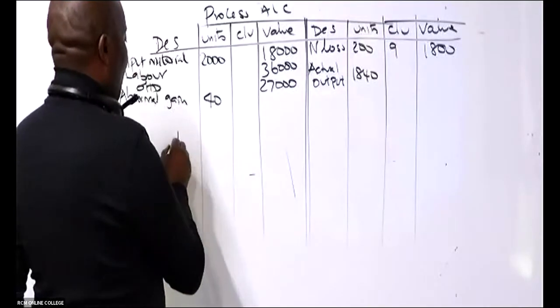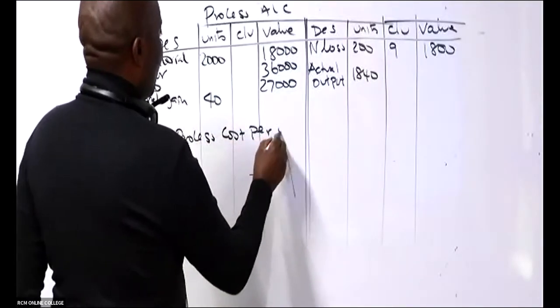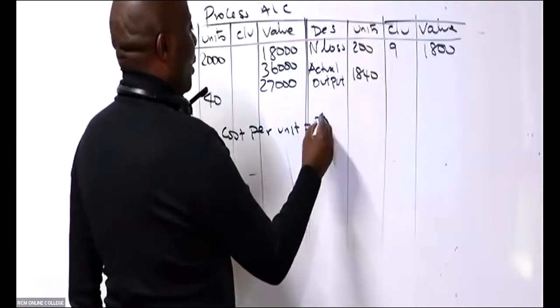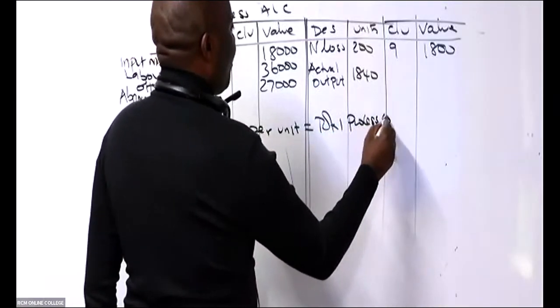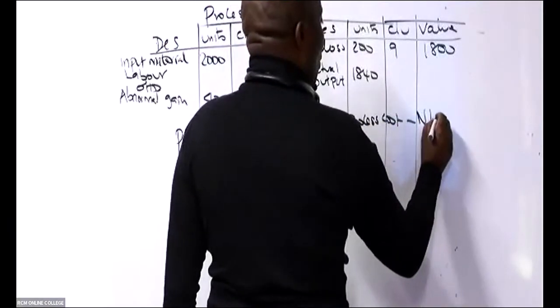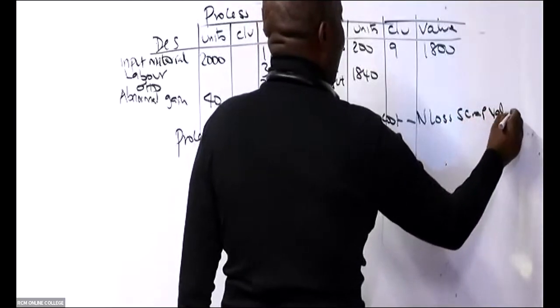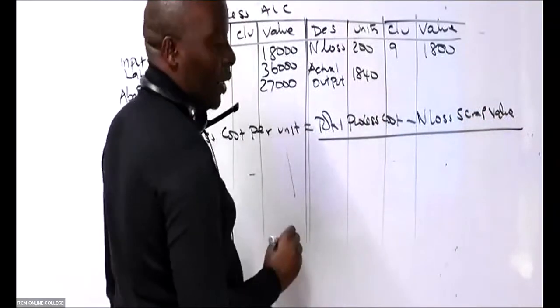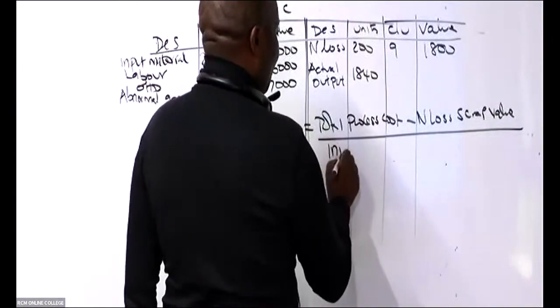Process cost per unit equals total process cost minus normal loss scrap value all over input units